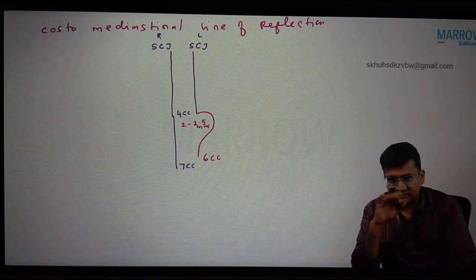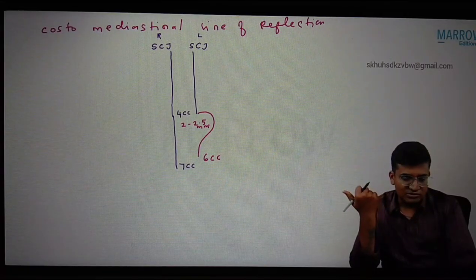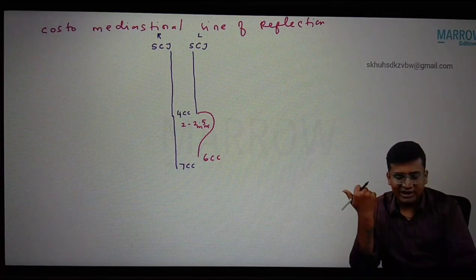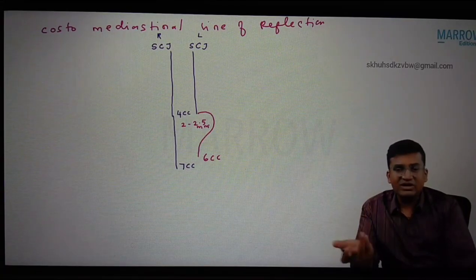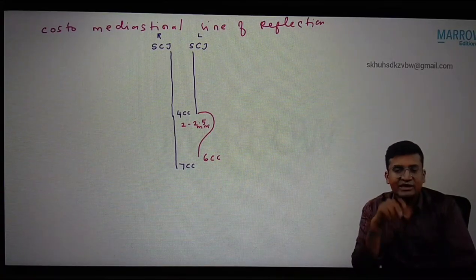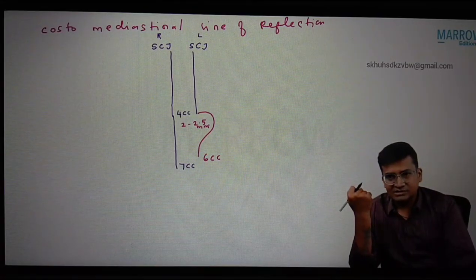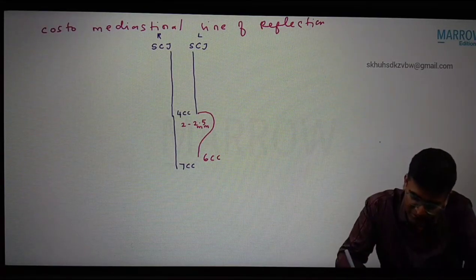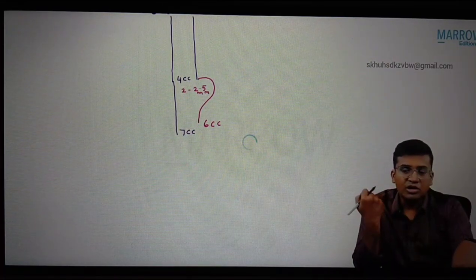Any doubt? No. Now, that's all about the costo-mediastinal line of reflection. Again, on the left side, why are we deviating the line 2 to 2.5 millimeter? Because of the heart. Heart is present. So we are deviating 2 to 2.5 millimeter and we have to reach the sixth costal cartilage. Clear? Now, next one, we're going to draw